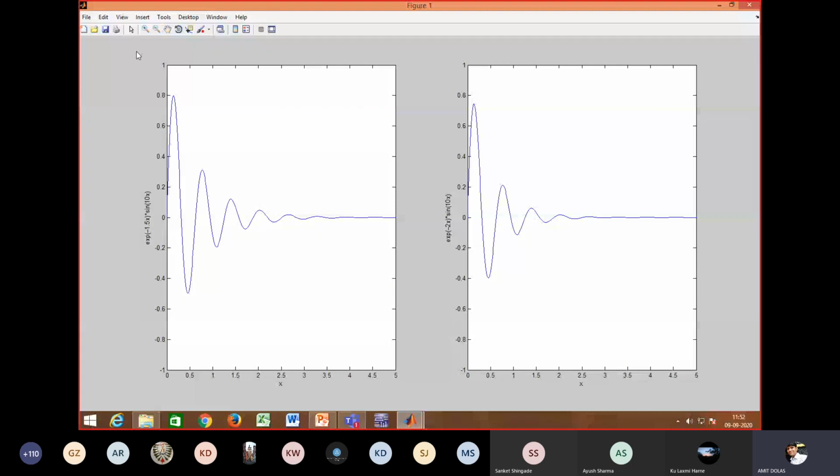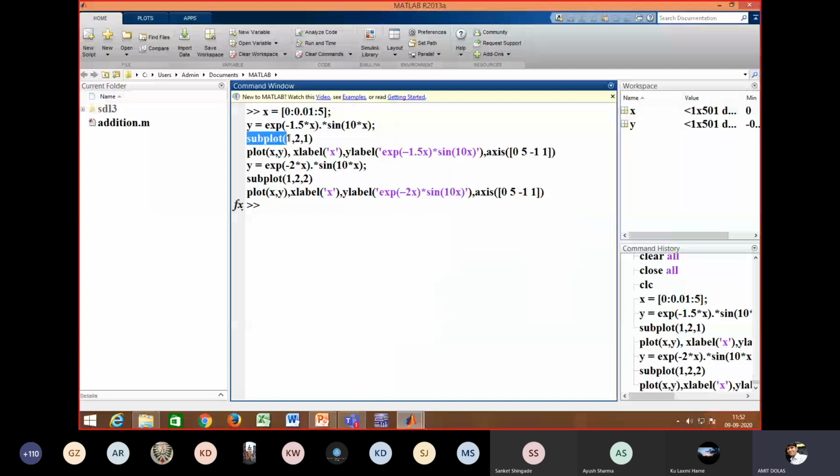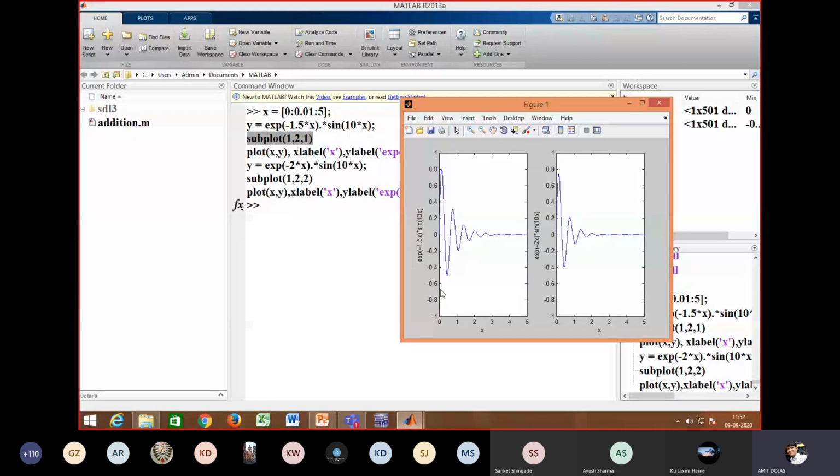So here the first graph is at the first position, and the second graph is at the second position. In the subplot instruction, 1 2 1 is given, so 1 row and 2 columns, so there is only 1 row and 2 columns, so there will be 2 graphs side by side as shown in the figure.